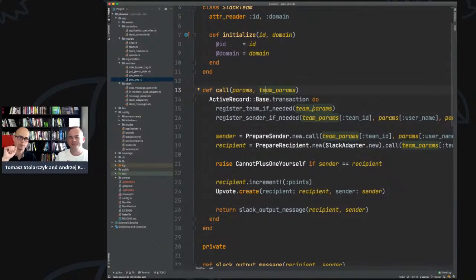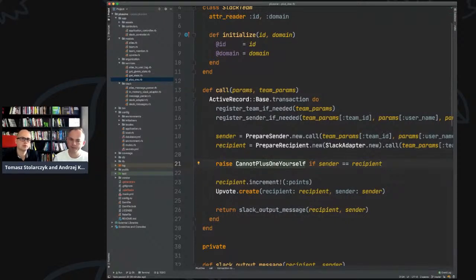Okay, one thing. I said that about the +1 because I was thinking it's some kind of domain object, like you are informing me about the fact of giving +1. I didn't know it's some kind of service. And then I saw that you have upvote. Yes, that's the domain object, right? That's the fact that you gave someone the upvote. And what is interesting here, this line actually, rise cannot +1 yourself. I was thinking that we have it now in the service, but that's actually some kind of domain logic, right?